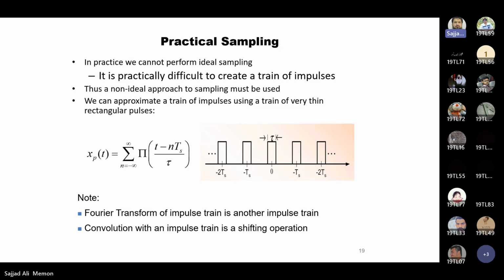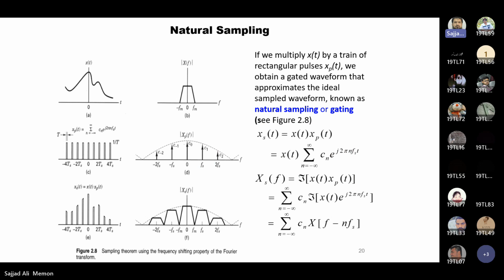Fourier transform of an impulse train is another impulse train. Convolution with an impulse train is a shifting operation. You know that better than me from signals and systems. So if you multiply x of t by a train of rectangular pulses, we obtain a gated waveform that approximates the ideal sampled waveform, known as natural sampling or gating, as you can see in figure 2.8,